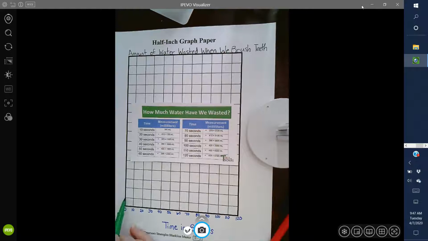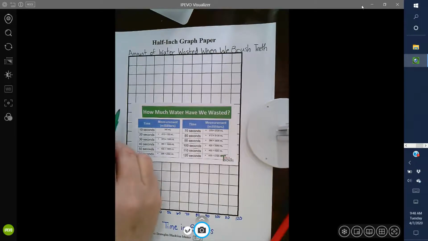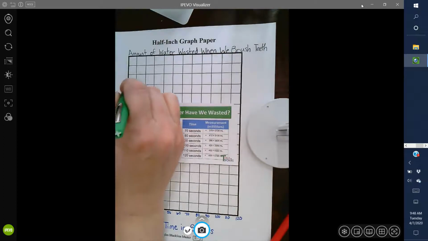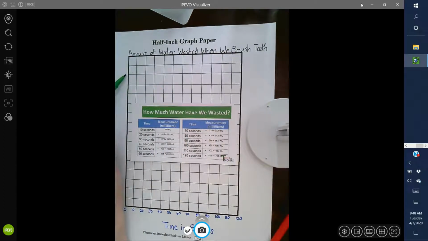So I could say 250 milliliters, 500 milliliters, 750 milliliters, 1,000 milliliters, 1,250, 1,500, 1,750, 2,000, 2,250, 2,500, 2,750, 3,000, 3,250, 3,500, 3,750, 4,000. Wow, so if I do by 250s and I count using that scale, I'm going to run out